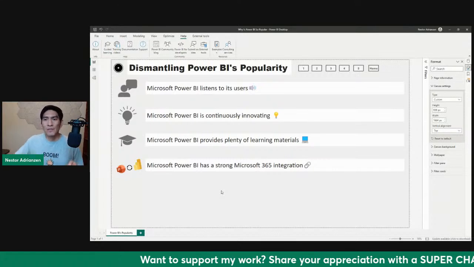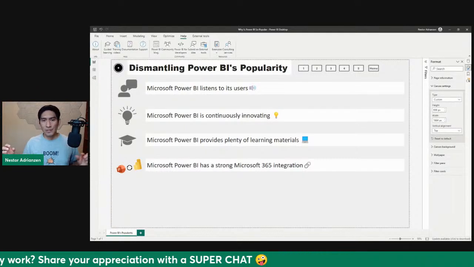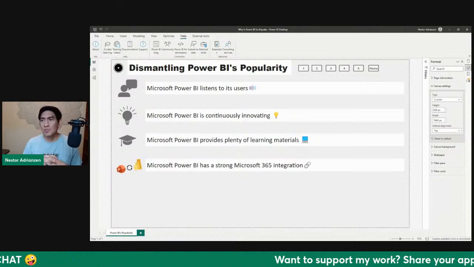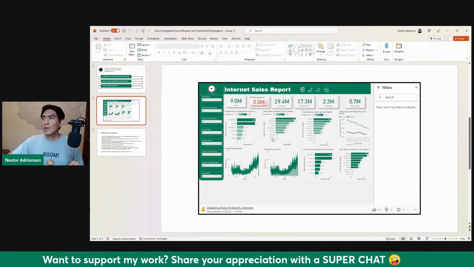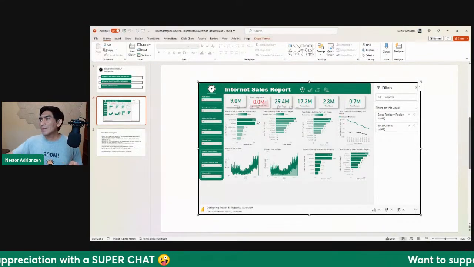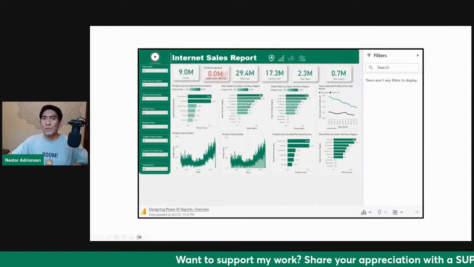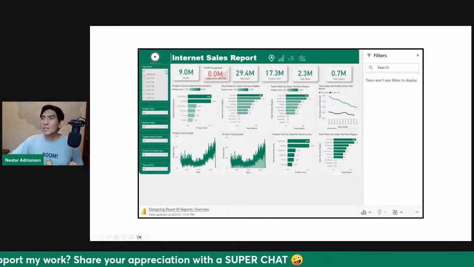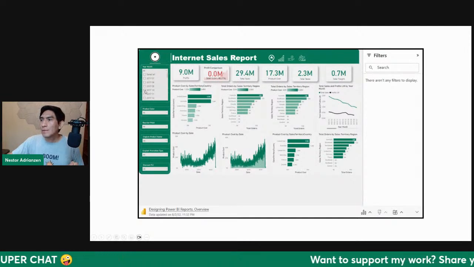I actually had a tutorial a few weeks ago where I shared how to connect PowerPoint with Microsoft Power BI reports. So let me show you real quick what I'm talking about here. You might have seen this before if you're following my tutorials, but this report right here is actually embedded. It's coming from Power BI service. I don't know if you guys can see this, but it's a very dynamic report here. Let me show you what I'm talking about.